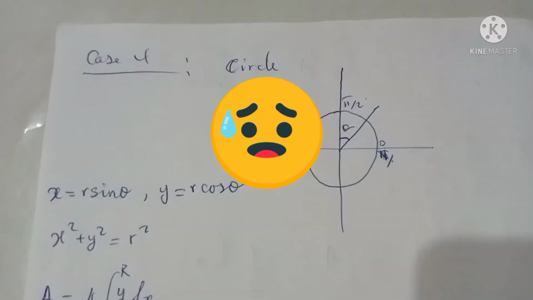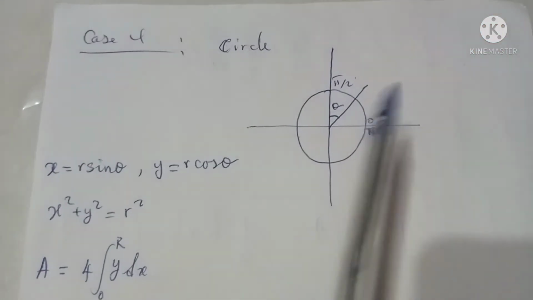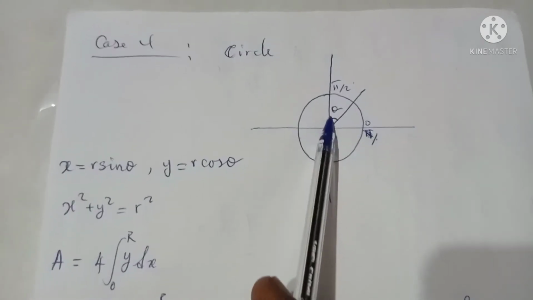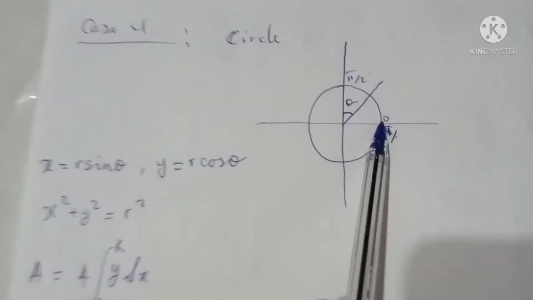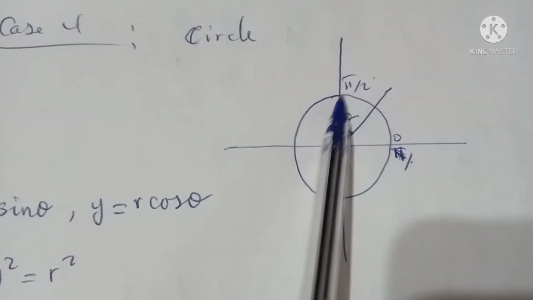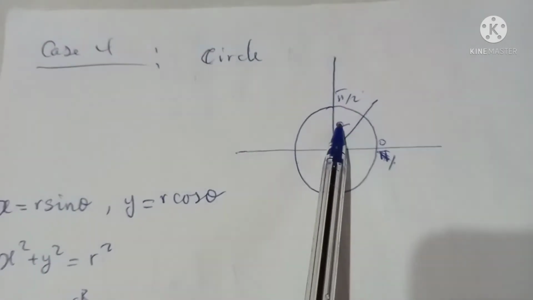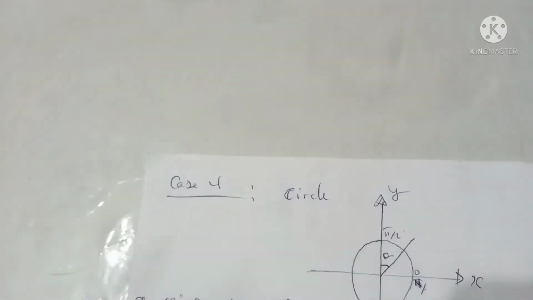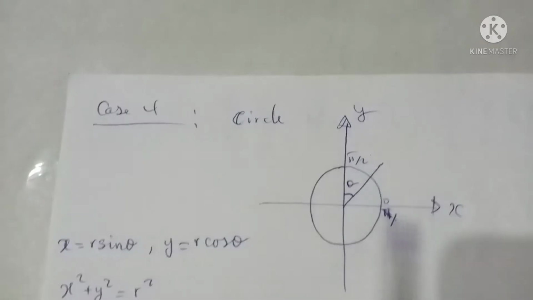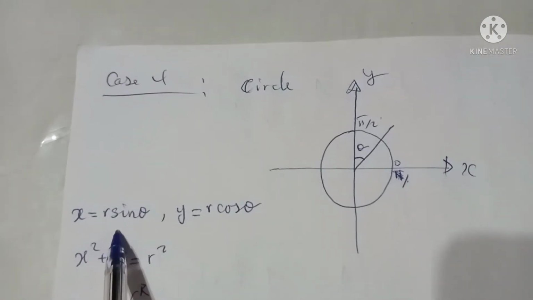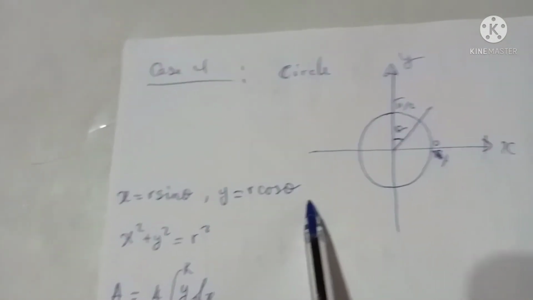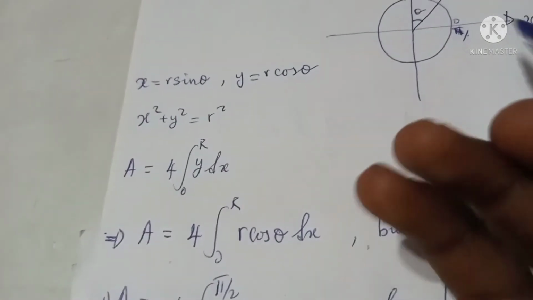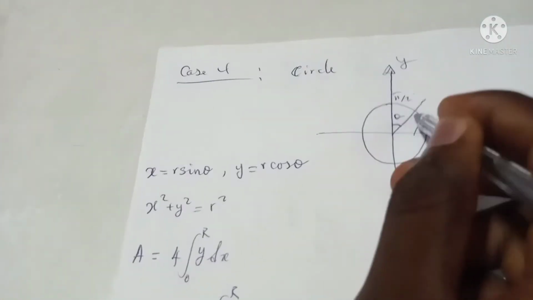Okay, now we are at the level of a circle. And this is a circle with an angle theta, from 0 to pi on 2. So if our angle is theta, and we call this one x and this y, then it means our x is equal to r sin theta and our y is equal to r cos theta. So automatically, you do the mathematics, you see that x squared plus y squared is equal to r squared. And if we are going to look at the area just of this shaded part,